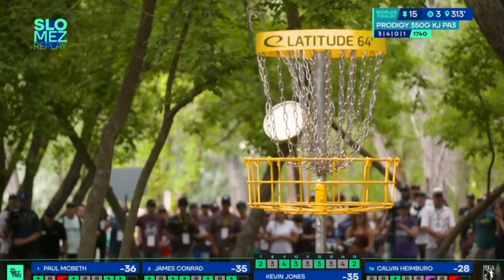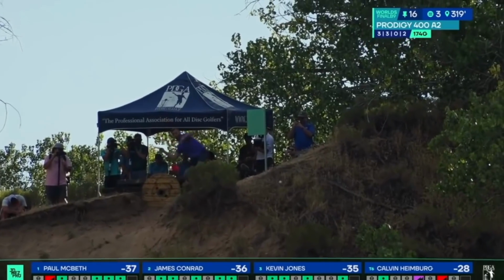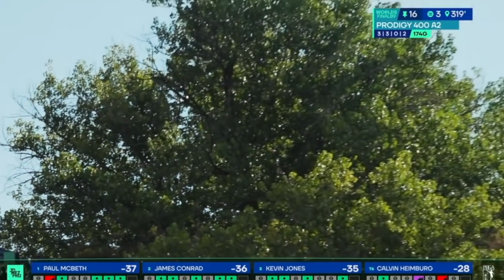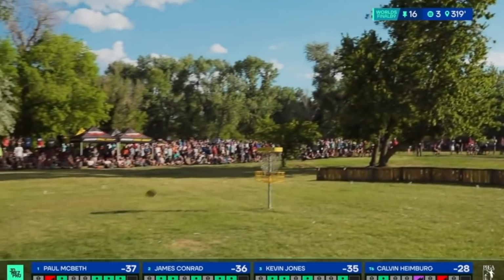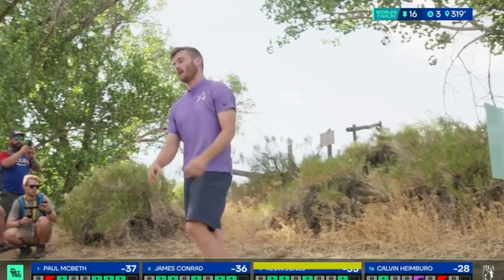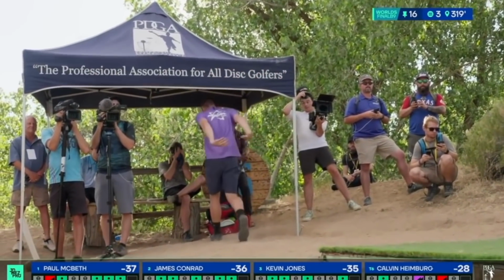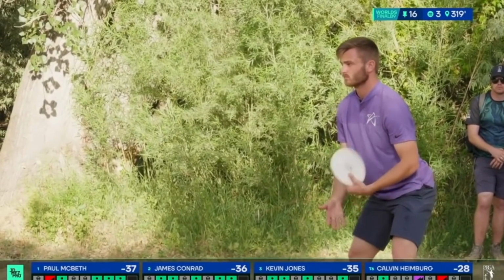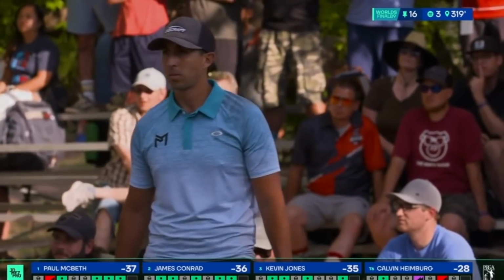I mean, at this point, one of the bigger putts you've ever hit in your career. Easily. Still, yeah, easily. And now, one of the biggest shots of my life, going with the A2 today because of the tailwind. Oh, my gosh, man. That could have held. It felt like the tailwind would drop it. It gave it a little height, and at the end of the day, it just traveled a yard or two